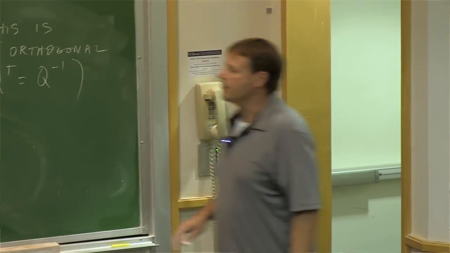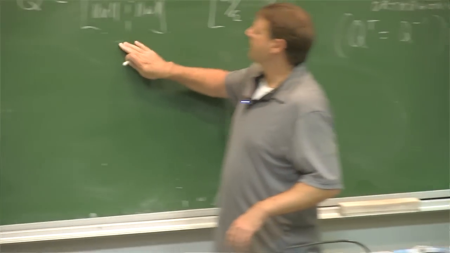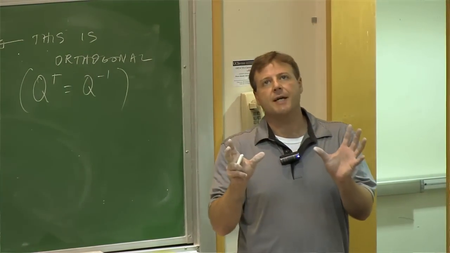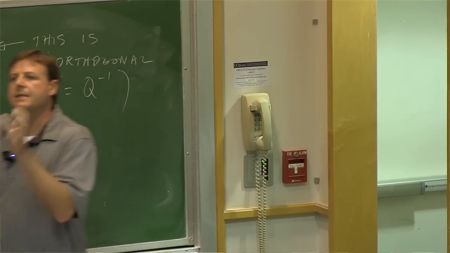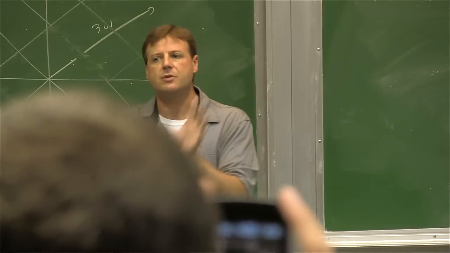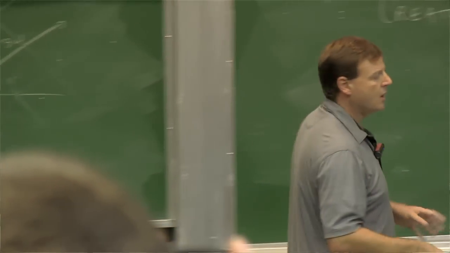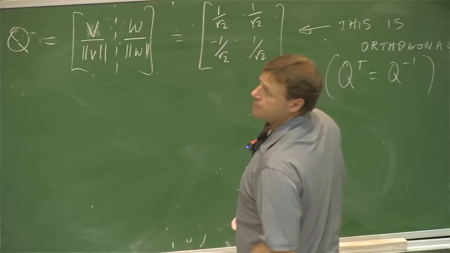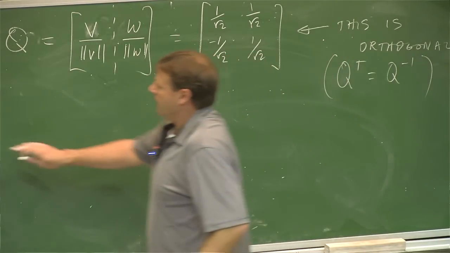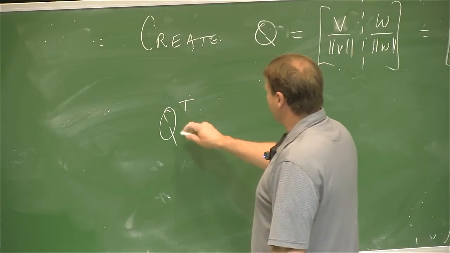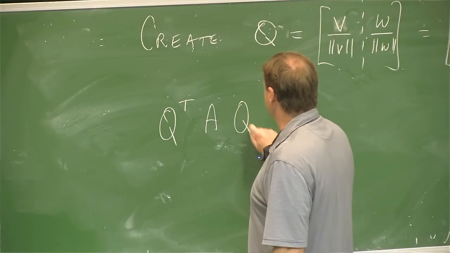Okay, now here's the magic of everything we're doing here. We're going to take our original matrix A, and it's like putting it in a distiller. It's got all this extra stuff, but I put it in a distiller, it melts away all the extra information, it gives you just the essence of the matrix. We're going to expose the essence of our original matrix 2, 1, 1, 2. If I multiply Q transpose A Q,